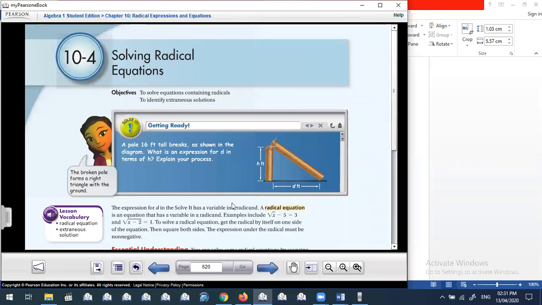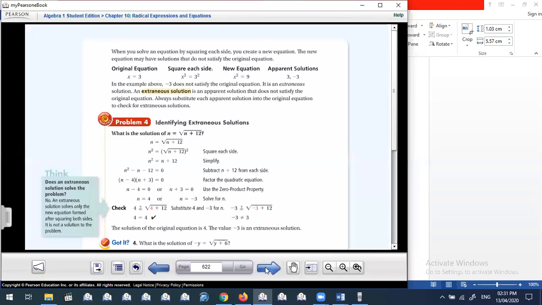How are you today? Our lesson today is the same lesson we studied yesterday, which is lesson 10-4, solving radical equations, part 2. Let's complete our lesson. We need to know some rules here. When you solve an equation by